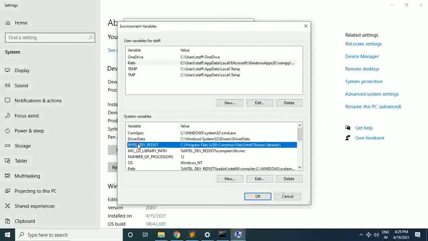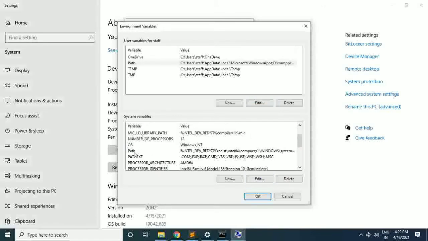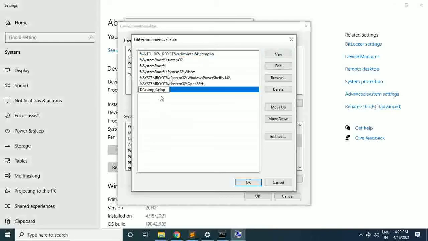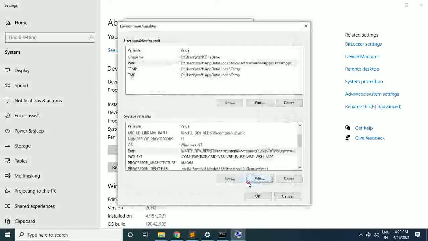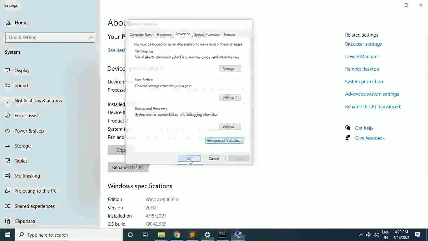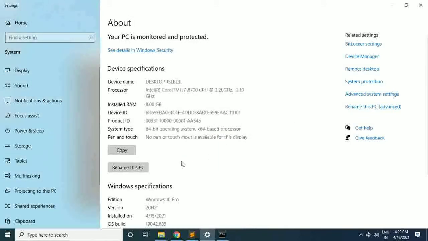Okay, this is the first thing, then click on OK. Now next thing, here in the system variables look for the path variable. Okay, and click on edit. Now here in order to add a new path within your system variables, click on new and paste your path here, then click on OK, and at last click on OK, and here in order to close this, OK here. Now our path is set.